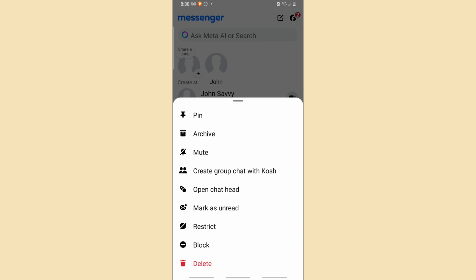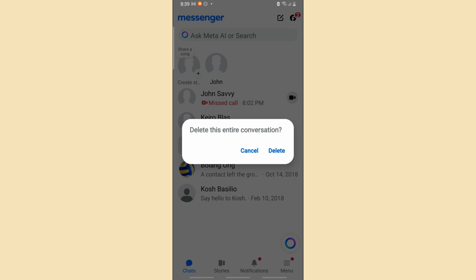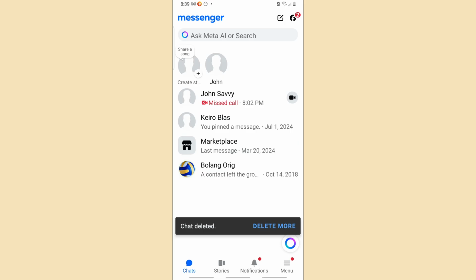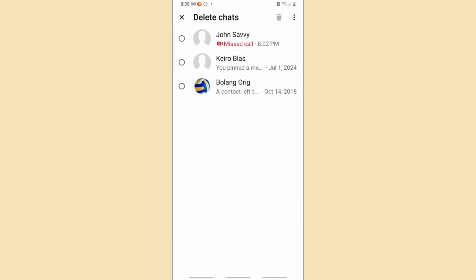But if your purpose, guys, is deleting them, there is a feature on Messenger which lets you select multiple conversations that you can delete. So from here, on the inbox that you just held, you will have an option, delete, down below. And once you tap on delete, you will have a pop-up down below, delete more. So when you tap on that, as you can see, you can select multiple chats that you might want to